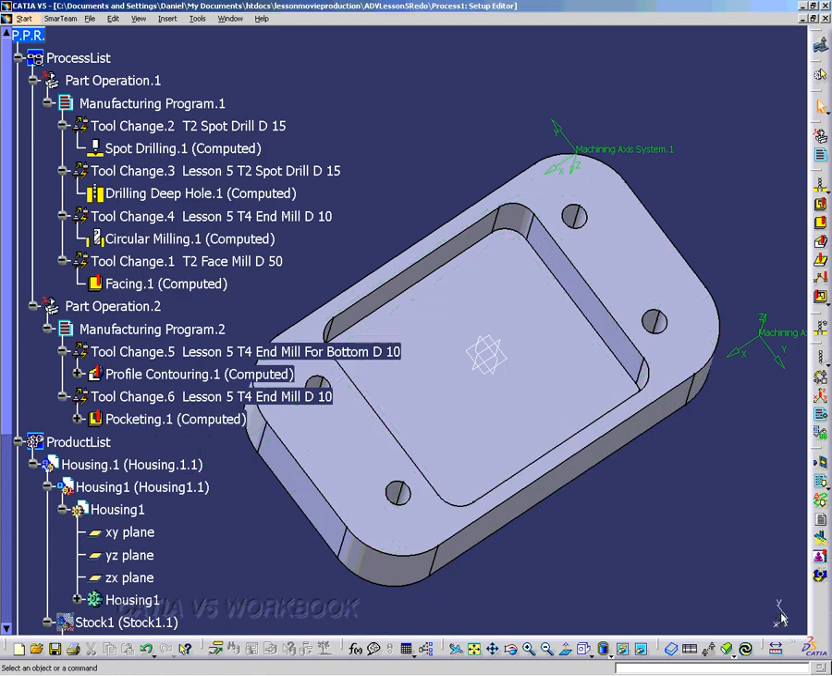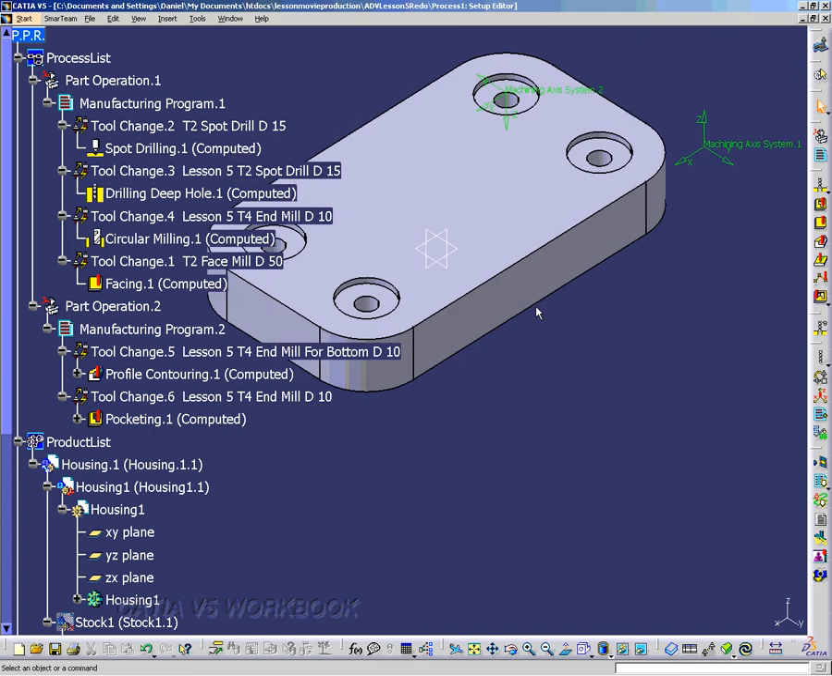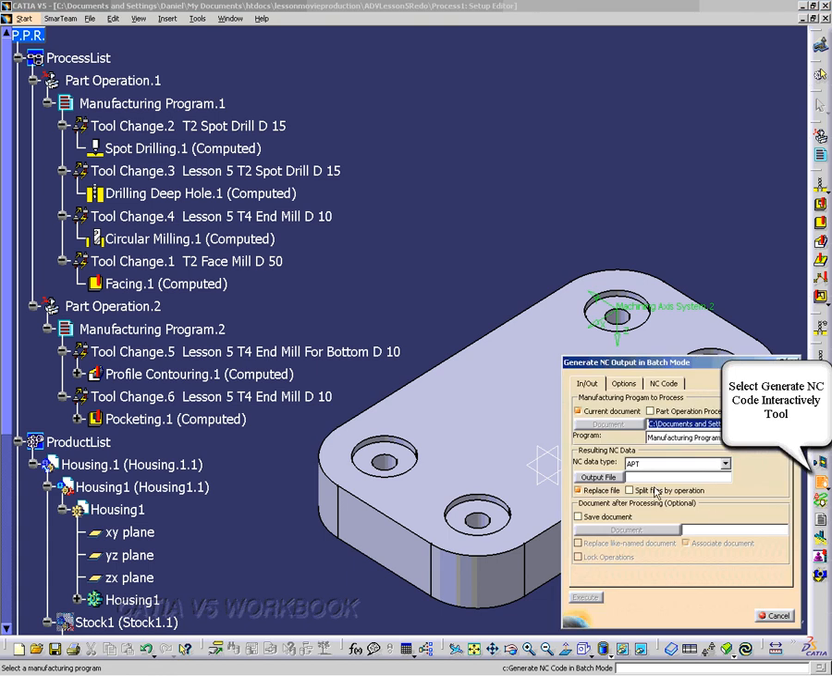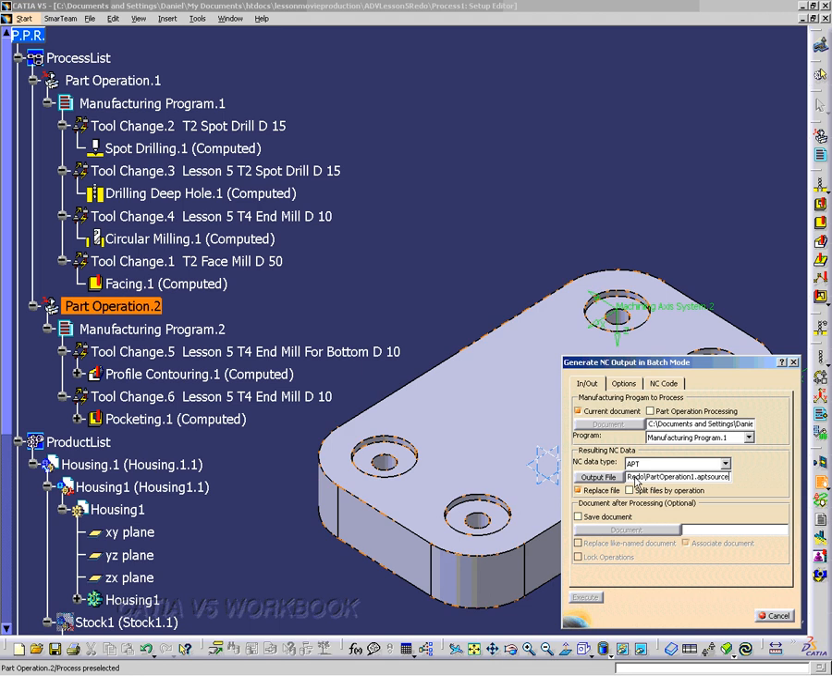And when you select the Generate NC Code Interactivity tool, you should have the part operation or the manufacturing program that you want to have highlighted before you do that, which I have not done. And so once we generate that, we'll see which one it actually